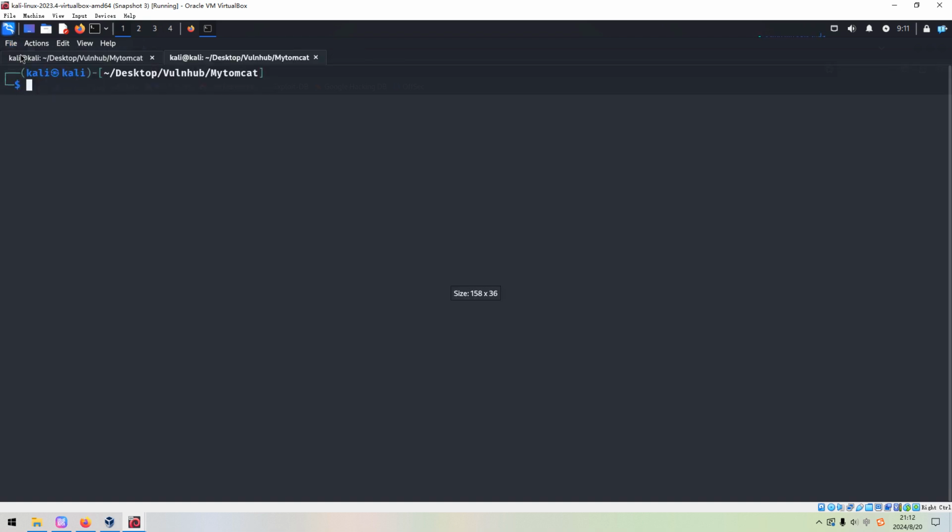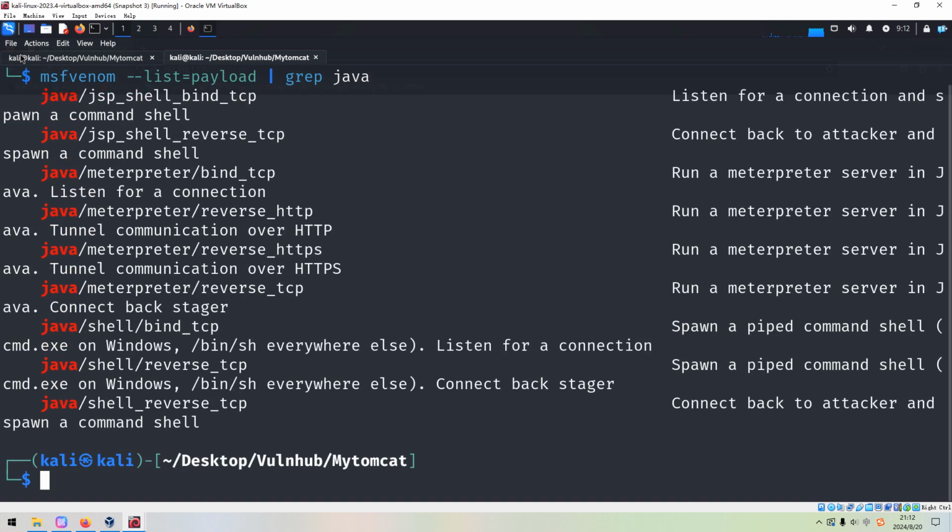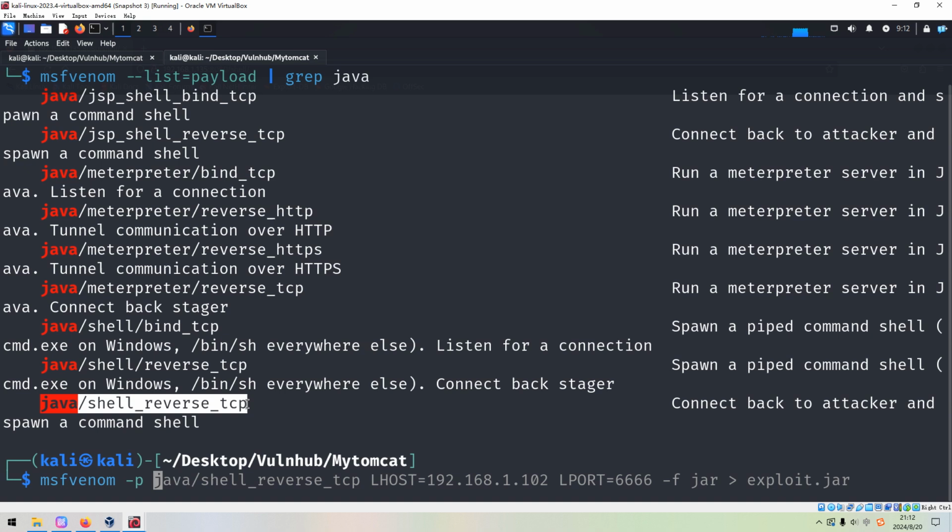And make the font bigger. So then we can use, again, I cannot remember the exact payload name, so we can use the same technique to find the Java related payload, and press enter, and then we can choose an appropriate or suitable payload. Okay, MSFVenom and -p, so which one? I think this one, or maybe this one. We can copy and paste over here, and I'd like to autocomplete this command.